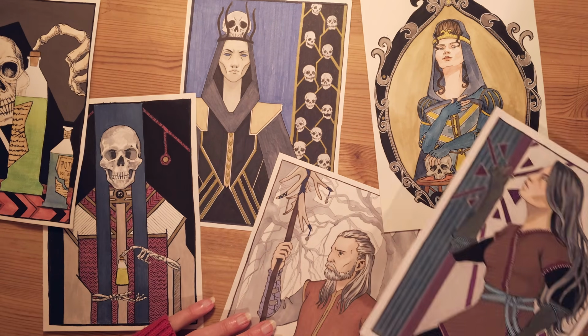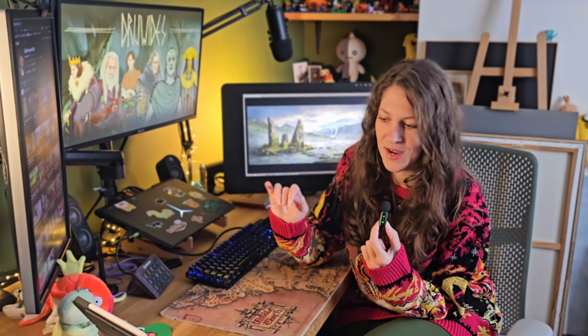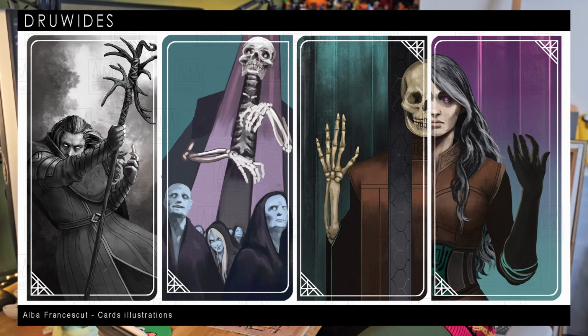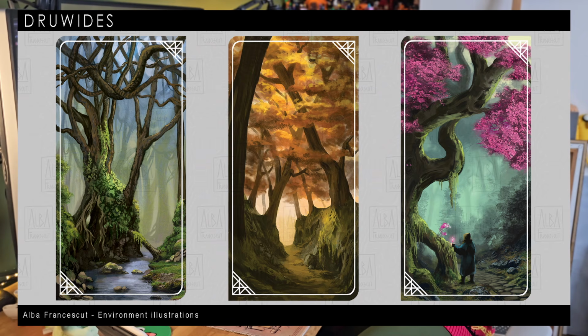There was also a bit of a trend with the illustrated tarot cards at the time within the artist community. So I also had the idea of making a whole deck inspired by tarot with the characters from Druides. After a bit, I abandoned that, but I was quite happy with the result, and I'm still happy to this day with those illustrations.